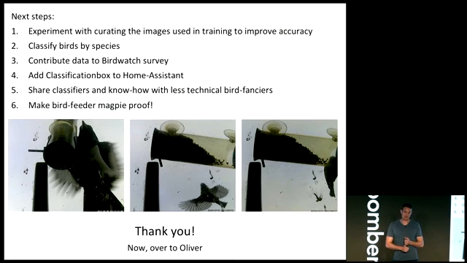After that, I want to also be able to discriminate by species, because I have probably blue tits, robins, magpies, even parakeets visiting this thing. It'd be great if Home Assistant could say, hey, there's a parakeet with a 95% probability, and I could start to actually gather data that would be directly relevant to that birdwatch study I mentioned earlier on. Obviously, I'd like to contribute this data to that study as well.